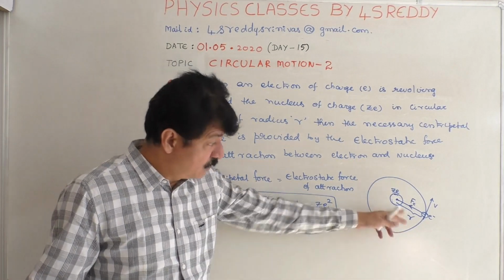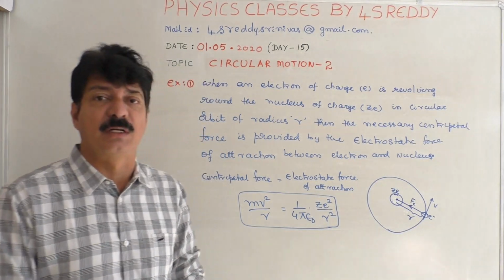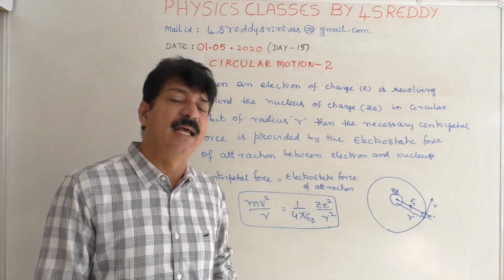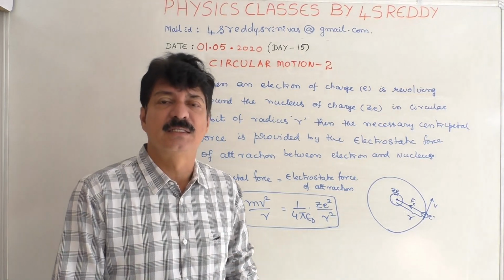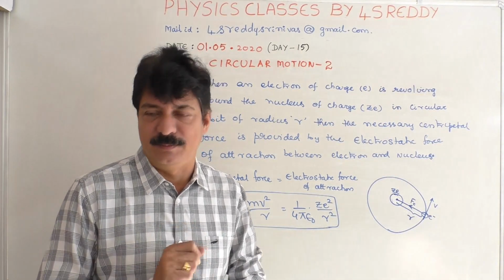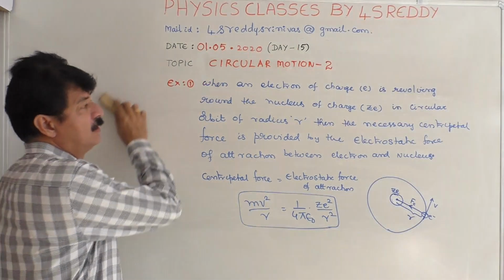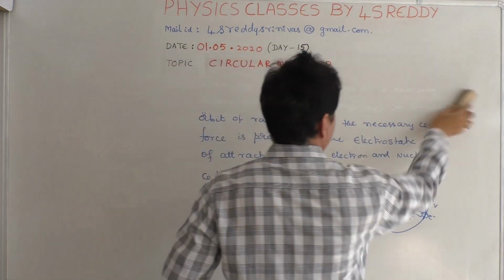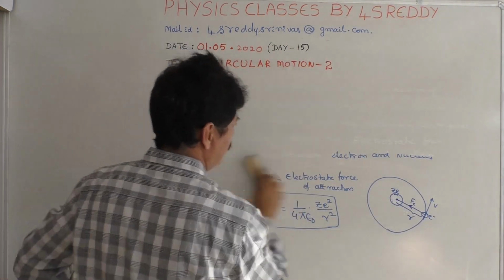So any force that is directed toward the center whenever the object is in circular motion is always considered to be the centripetal force only. And similarly, here this is one example, and another example also we can say.